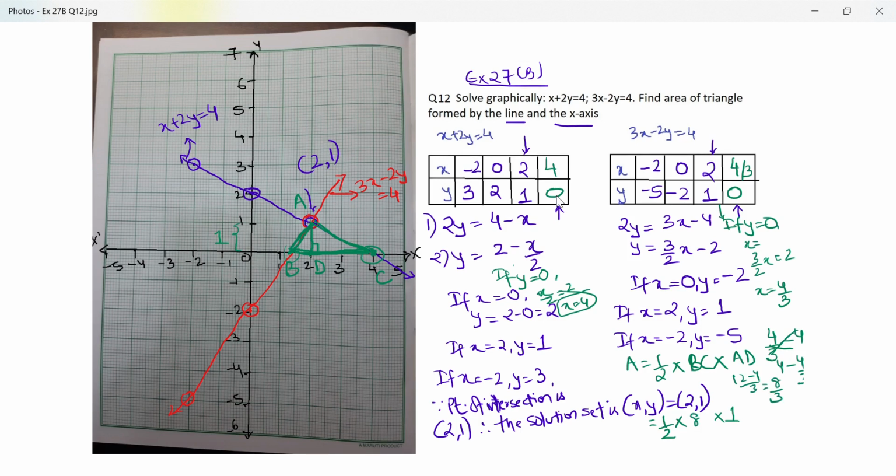So this is 8 by 3 into 1, this is 2 into 4. So the area is equal to 4 by 3 square units. Since we do not write the answer as an improper fraction, the area would be equal to 1 and 1 by 3 square units. I repeat, in case you get a question where the line is not intersecting at a specific point, it is somewhere in the middle, I recommend this method to get your exact values.